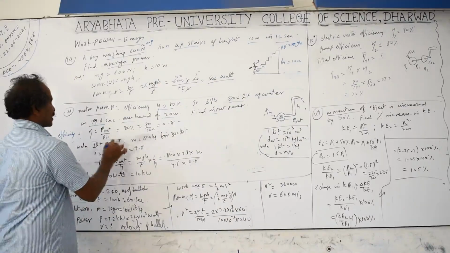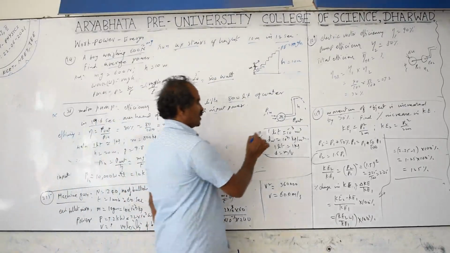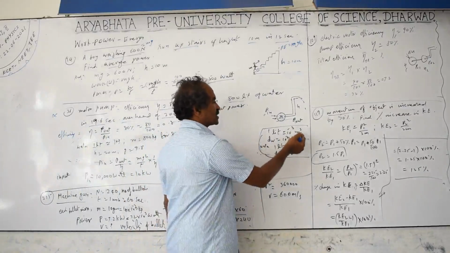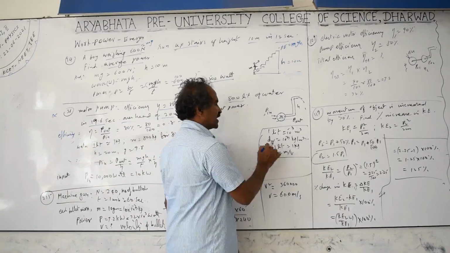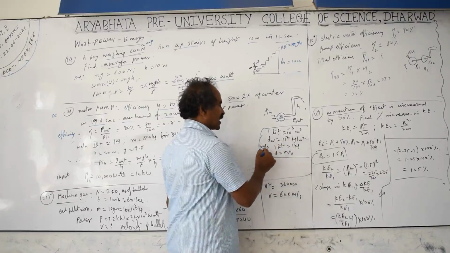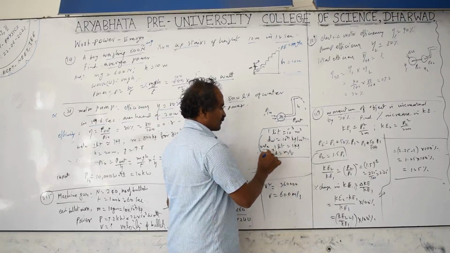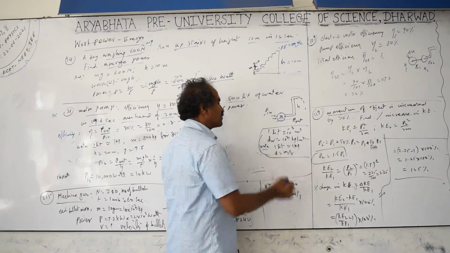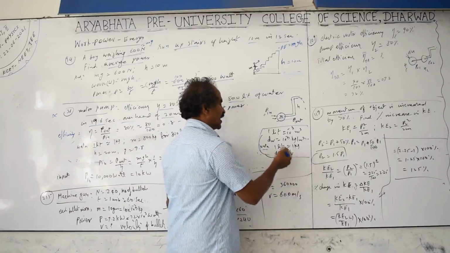Then 1 liter of water. Liter is the unit of volume; 1 liter is equal to 10 to the power of minus 3 cubic meters. But if you take water specifically, the density of water is 1 gram per cc or 1000 kg per cubic meter. So 1 liter of water has approximately a weight equal to 1 kg. That is at 4 degrees centigrade, but generally we take the same value at room temperature also. 1 liter is equal